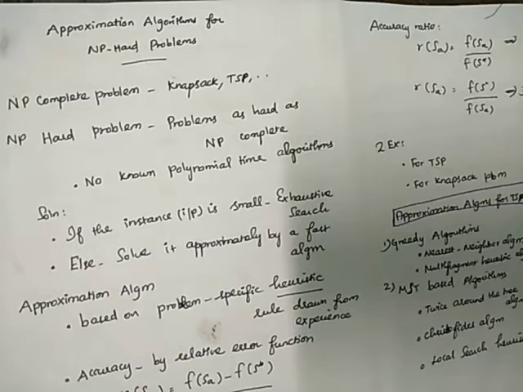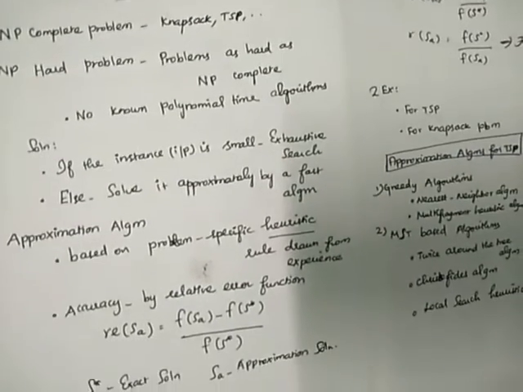So we have only two options. First, we can solve the problem in an exhaustive manner, like what we have done in the knapsack algorithm with a limited number of items if the input size is small. Otherwise, we can solve these problems only in an approximate manner, so we get an approximate solution. We couldn't expect any exact solution for this kind of problem. Let's see the definition of approximation algorithm.